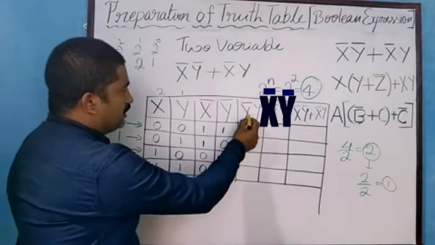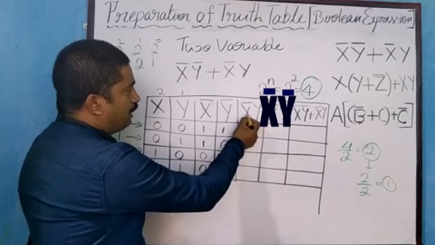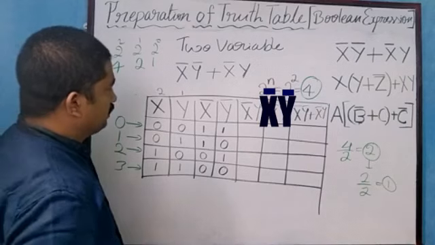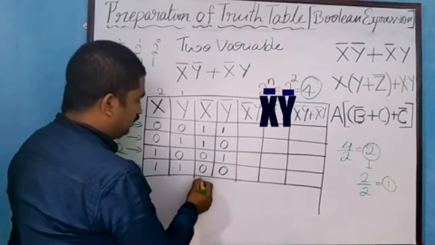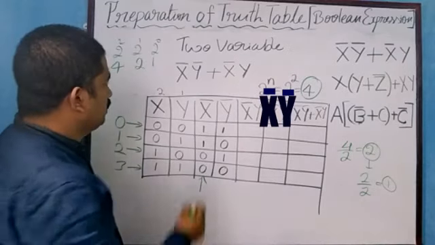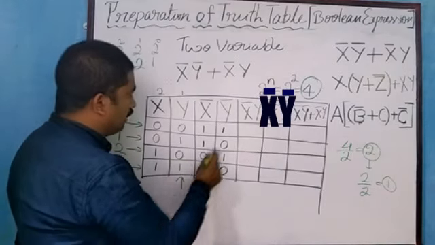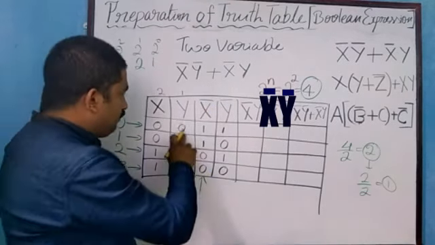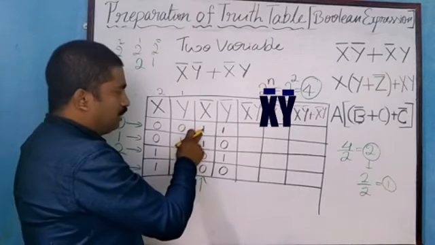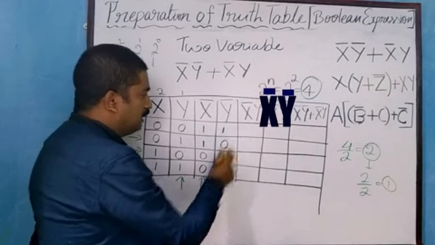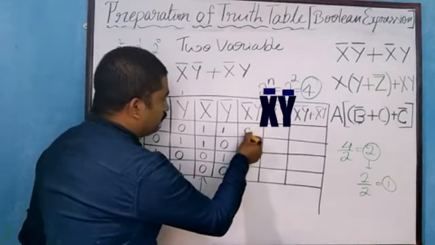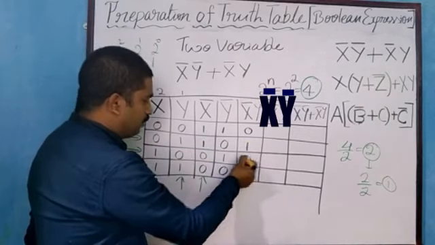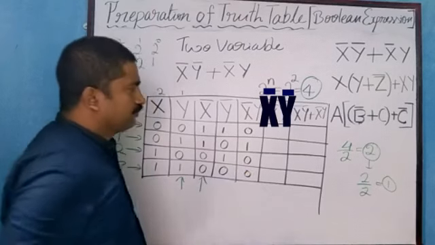Next see these things. Here there are 2 variables, x complement and y. You have to multiply this thing. This is AND relation. Okay. So in AND, this is x complement, this one is y. We have to multiply these two columns. This is AND relation. 0 and 1, or just multiply 0 into 1, that is we will get 0. 1 into 1, 1. 0 into 0, that is 0. 1 into 0, 0. Okay.